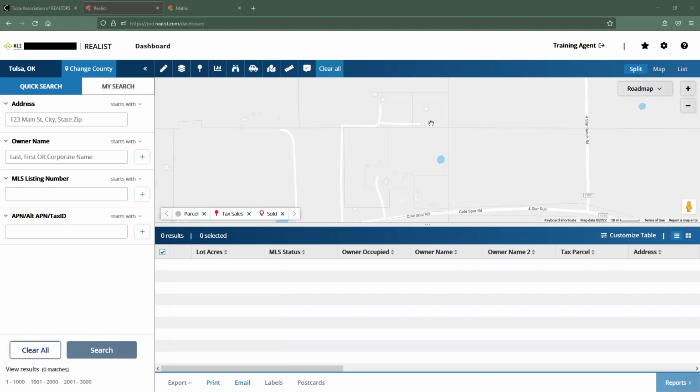While you guys are answering that, just a little bit more background. The interface is the only thing that actually did not change during this big overhaul that they did. So for those of you guys who had been using Realist since it was originally introduced to our MLS, this is the same exact layout that we've had where we have quick search, my search. We've got the map laid out over here to the right, our results down here at the bottom. This is what's called the split view. We're going to be talking a little bit more about this as time goes on, but